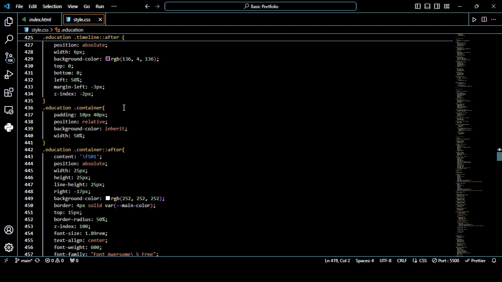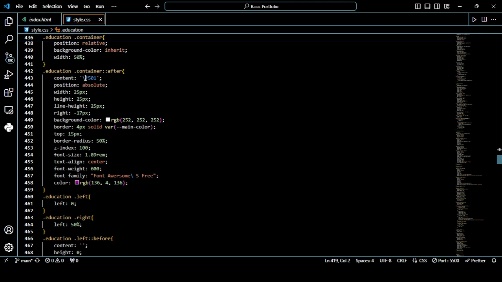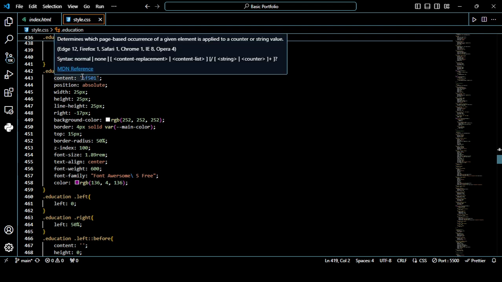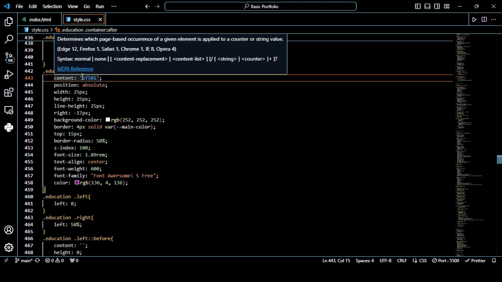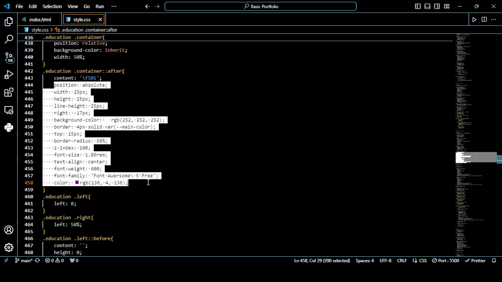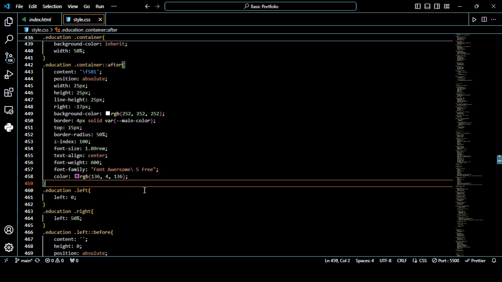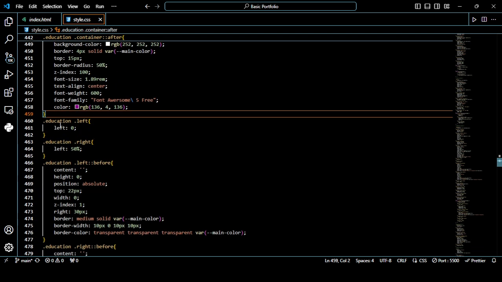Then we go to the container of the education part, then the container after effect, then we go to our revision part, this container cases, then to our